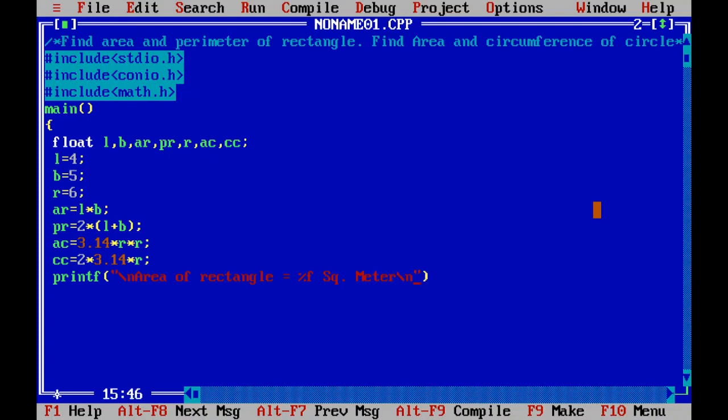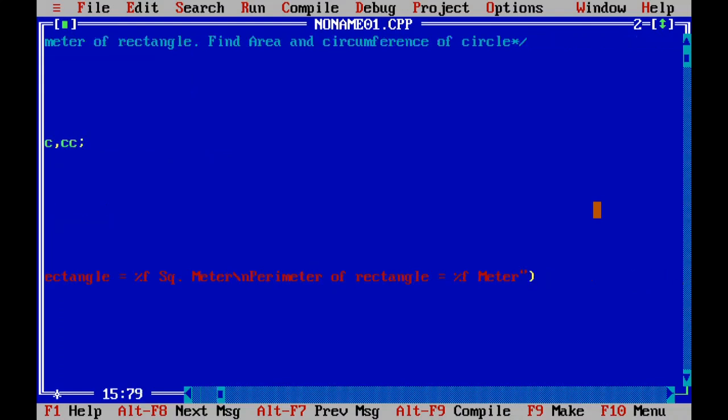After that we will use a new line \n and write "perimeter of rectangle", which is also float type. So we will write here %f and write the unit of it, meter.